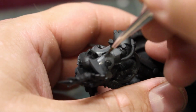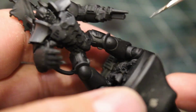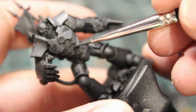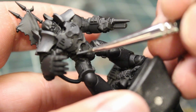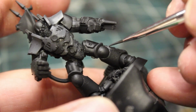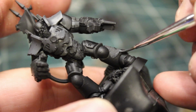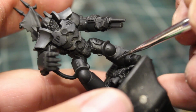For the first one I went completely different than what I did for the rest, which is why I'm showing it first, because it's just so different. Like I said before, these are undead, well, basically pirates, and they're built from different parts of different people, different armour sets, all just jammed together, so I didn't want all of it to be matching. And because I've used mainly Necron parts for him and a few different Terminator pieces,